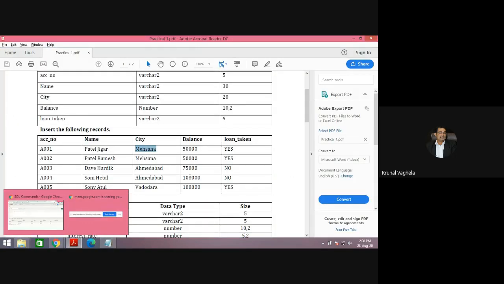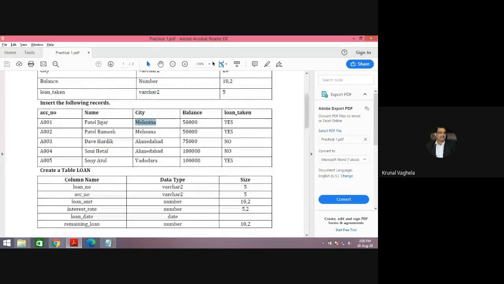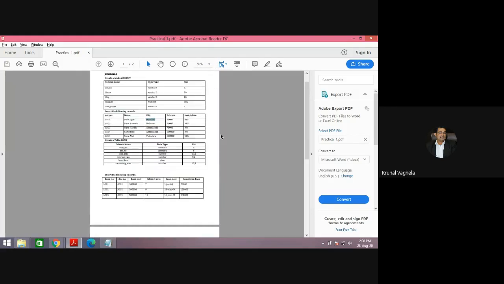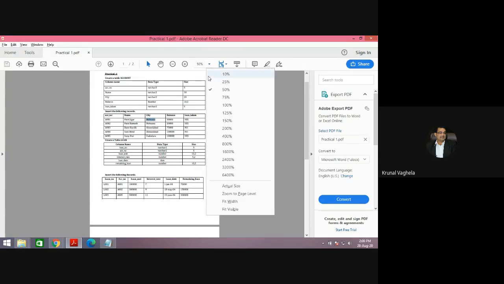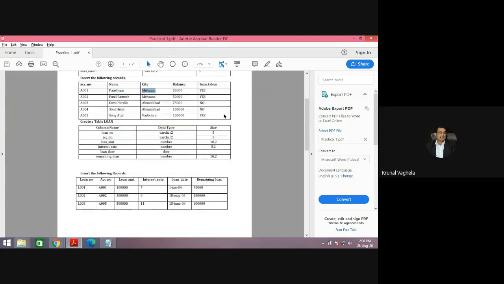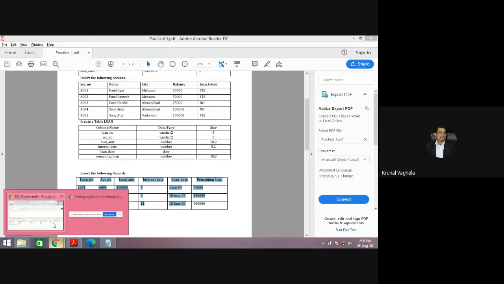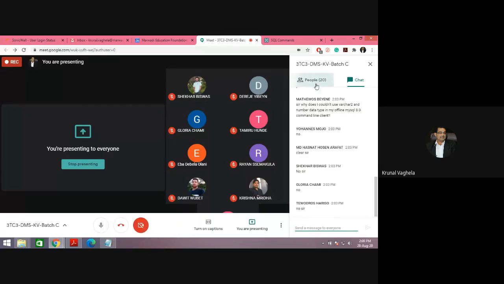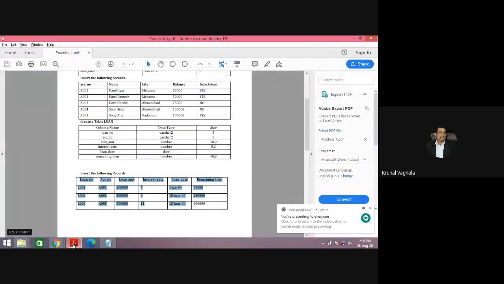Now tell me from which table I will get this data. I have an account table and I have a loan table. I want the name of the customers who have taken a loan from the bank.